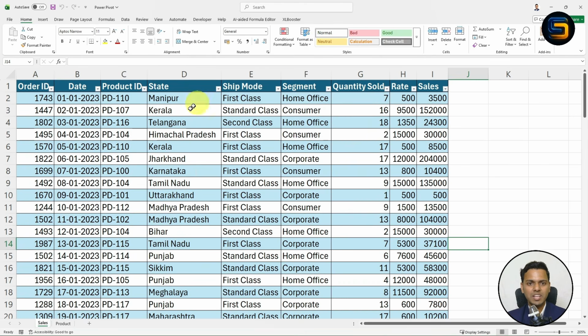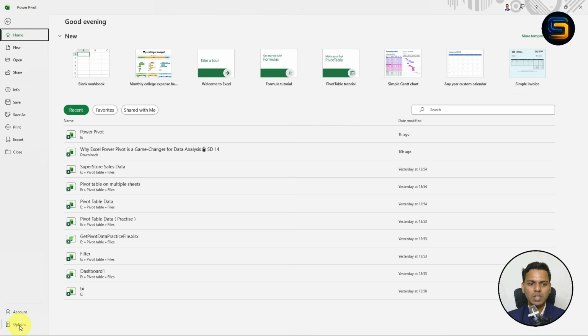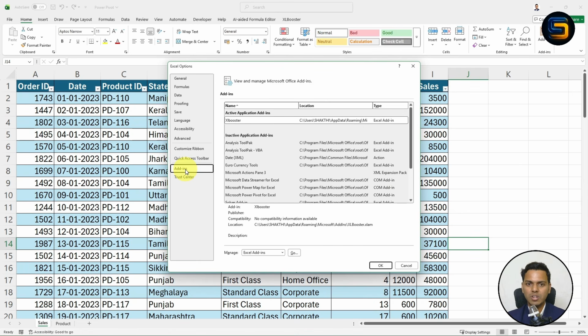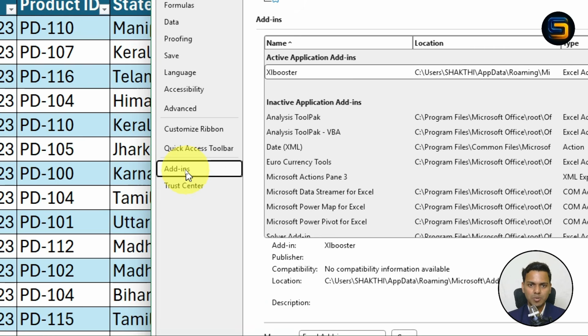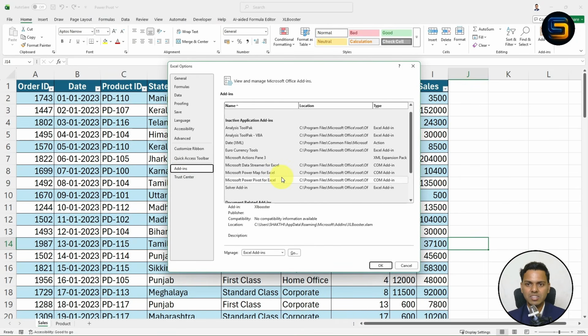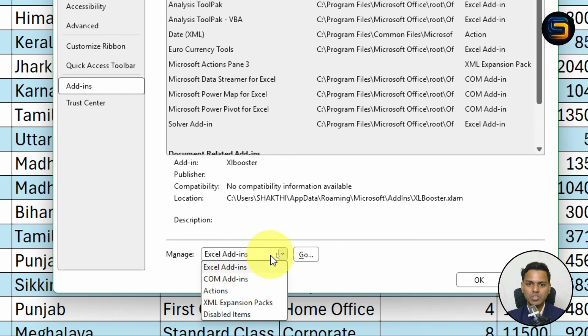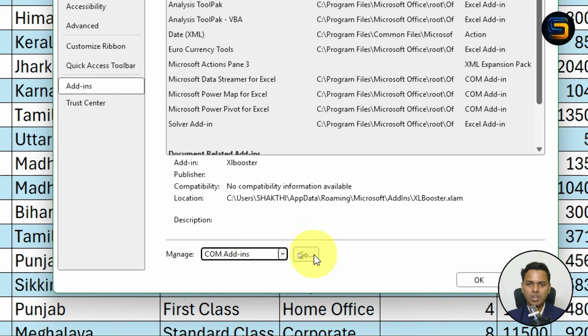Now let's see practically how we can build a relationship. Now you need to activate the Power Pivot tab in Excel. As you can observe, there is no Power Pivot, right? Now what you can do is just go to File. Now click on Option. Once you click, you will get one dialog box. Now click on Add-in. Now look here, this is very important, Add-in. Under this add-in there is one option. Look at here guys. This is Microsoft Power Pivot for Excel, which is present in COM add-in. So what you need to do is simply click on this option. Now click on COM add-in.